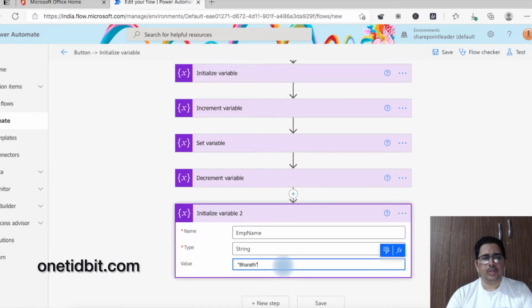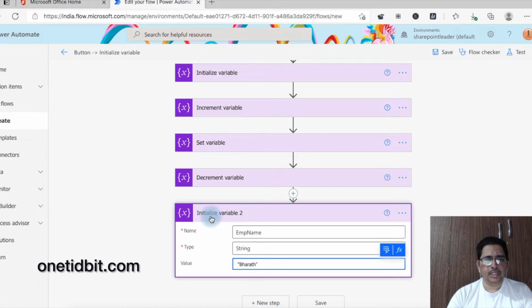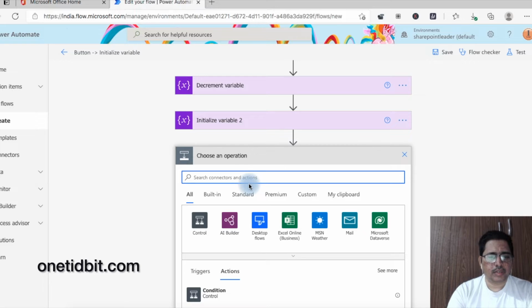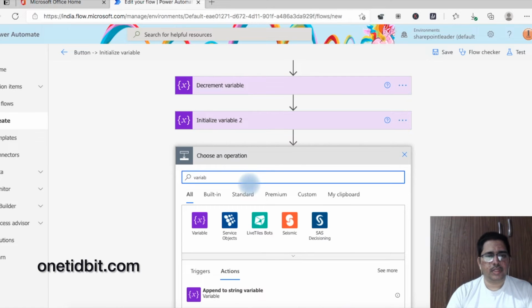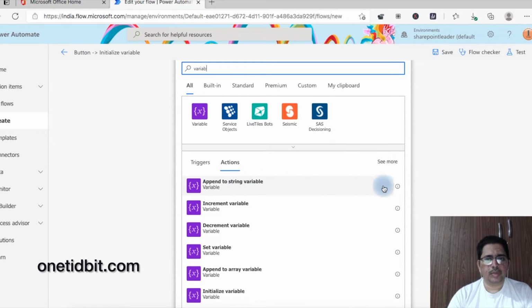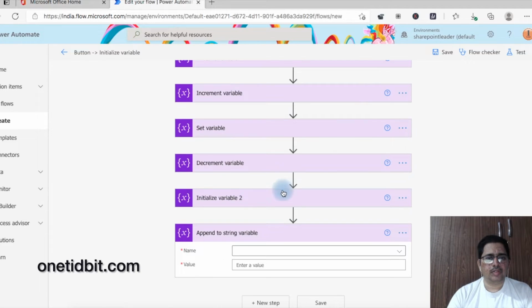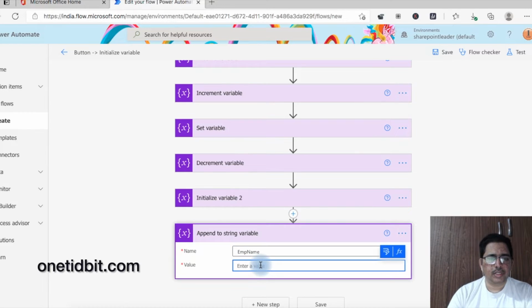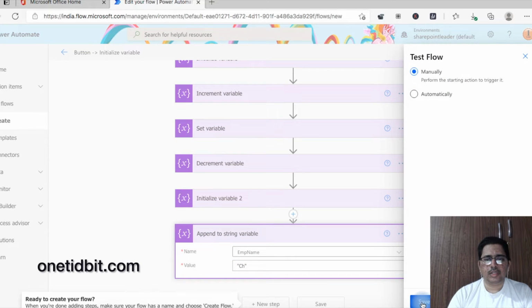Okay, and this initialize variable is like this. And we can also have variables, and you can see append to string variable. Append means it will add something to this string variable. So now emp name, and here you can add something like this, surname ch, and let's see whether it will work or not. Test, save,